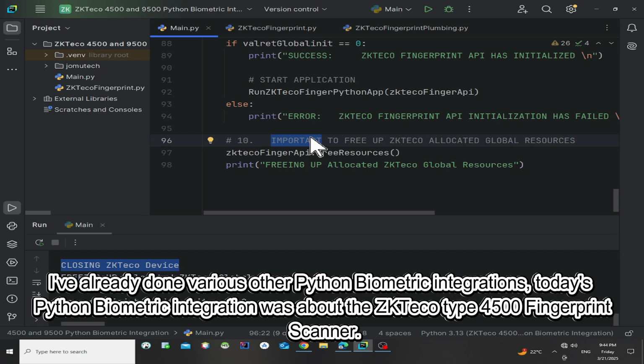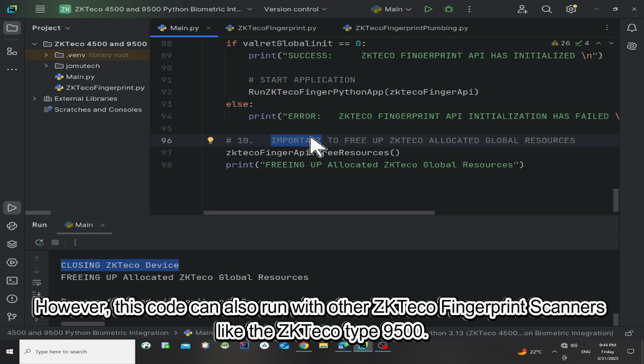I've already done various other Python biometric integrations. Today's Python biometric integration was about the ZKTeco 4500 fingerprint scanner. However, this code can also run with other ZKTeco fingerprint scanners like the ZKTeco 9500.